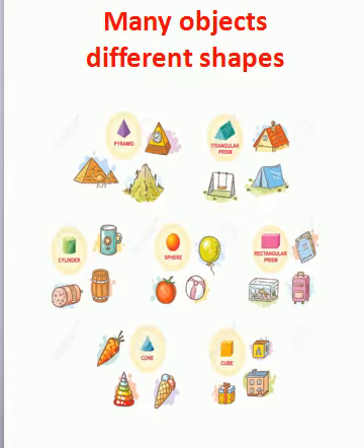Here we observe that the hill is in the shape of a pyramid, hut and tent are in the triangular shape, coffee cup and drum are in cylindrical shape, bell, balloon, tomato also are in the shape of a sphere, books and bag are in rectangular prism shape, carrot and ice cream are in cone shape, gift box and house are in cube shape.